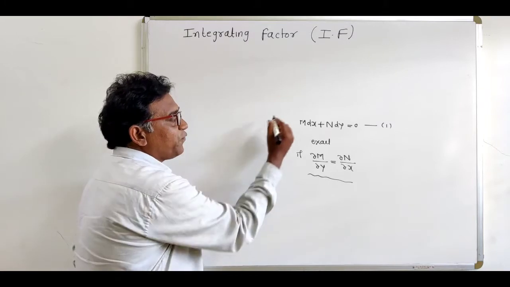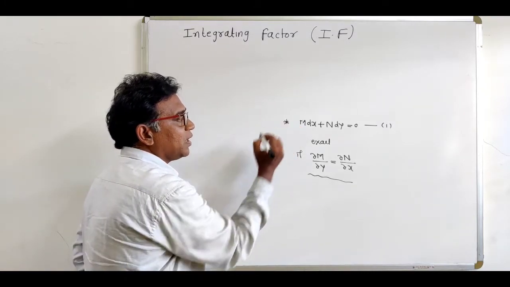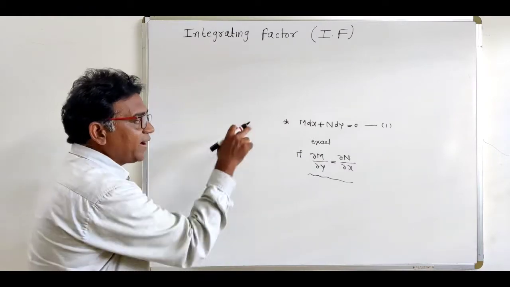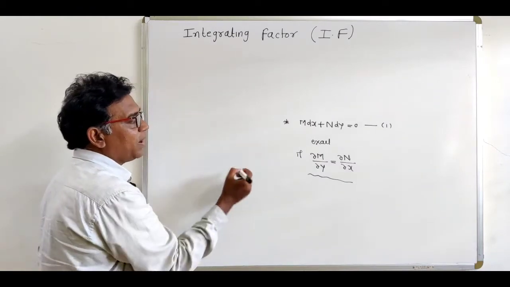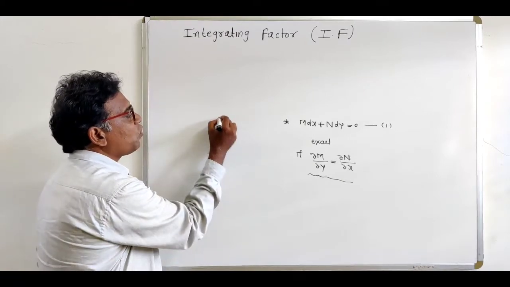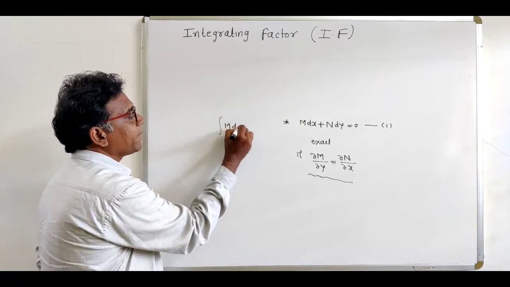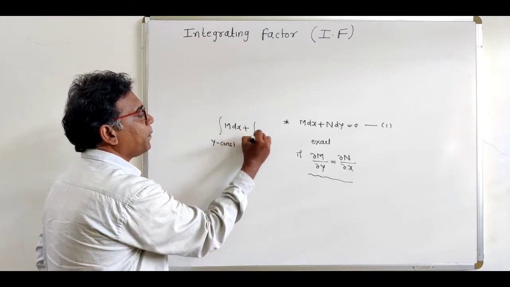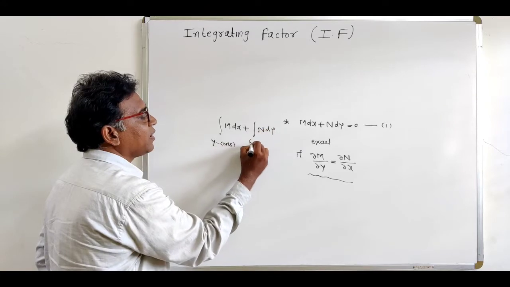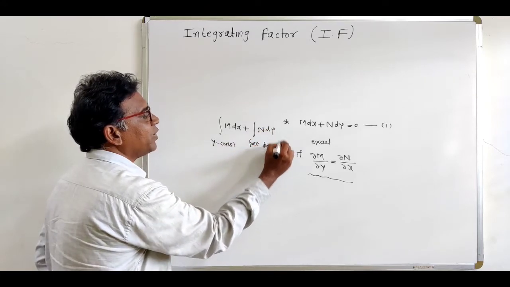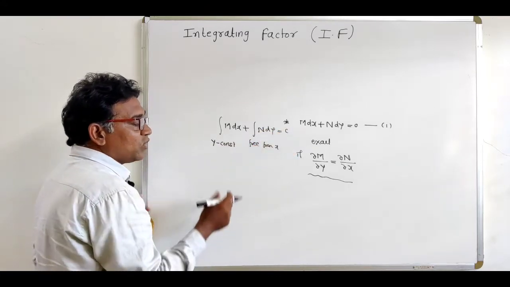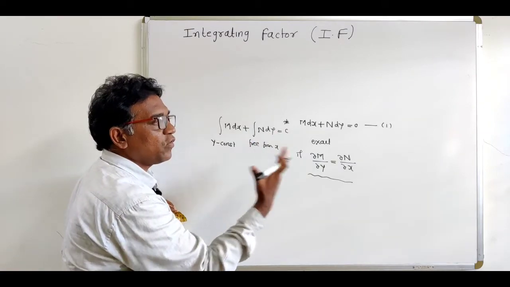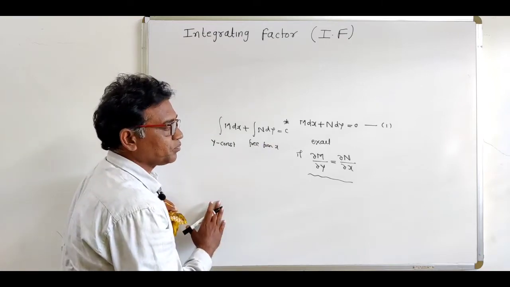And if the differential equation of such type is an exact differential equation, then we can find its solution, and this is the formula for finding the solution. So what was that formula? That is integral of M dx keeping y constant plus integral of N dy free from x equal to c. So this is the formula for finding the solution of a differential equation of first order and first degree.